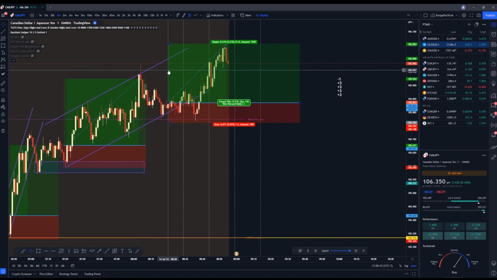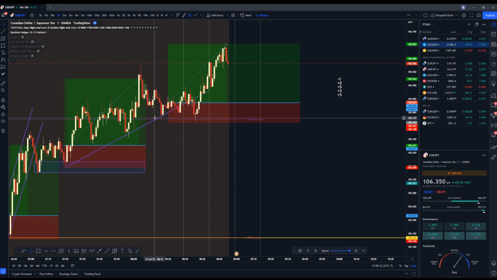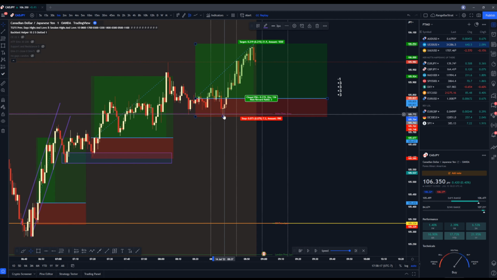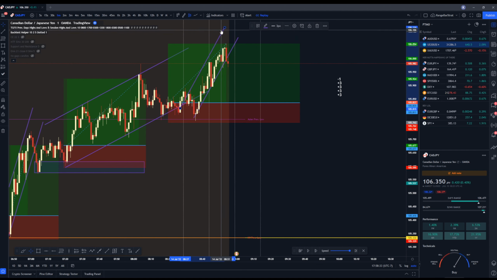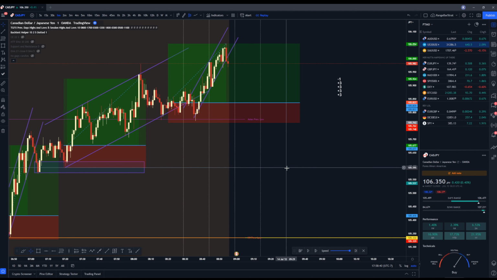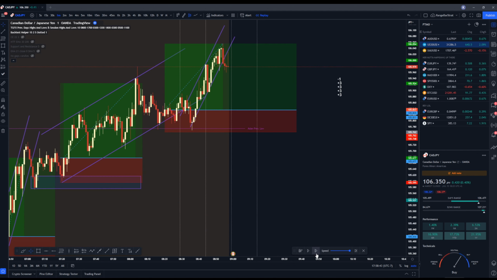So now we broke out of this channel. I'm gonna switch it up now. I'm gonna draw this one again. Well, we can keep the other on there, but it's gonna get a little bit messy. So we're gonna draw this one here. Go red to red. So we have that, and then basically we're just following this price up until we don't break any more highs. That's pretty much it.